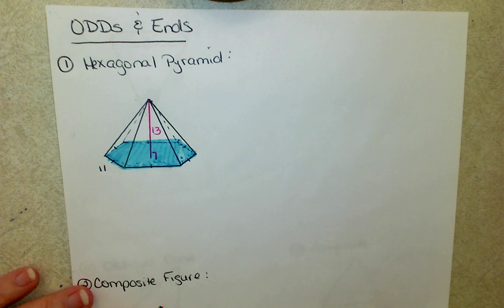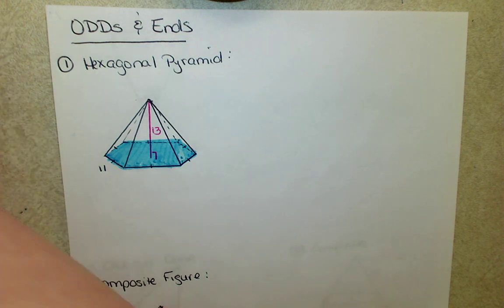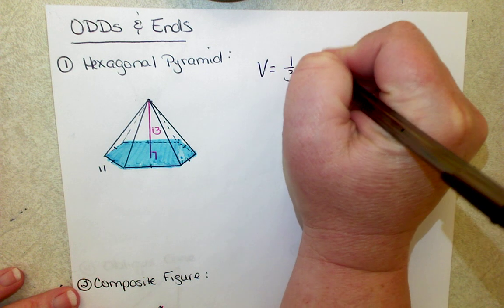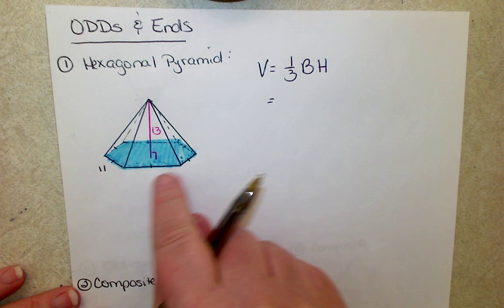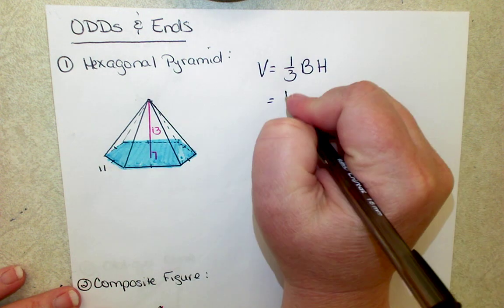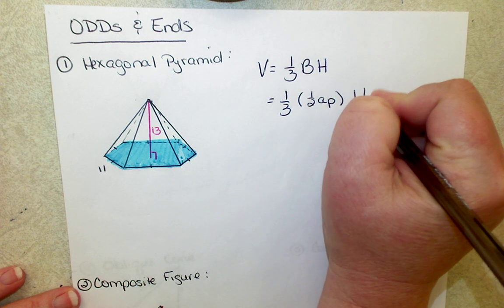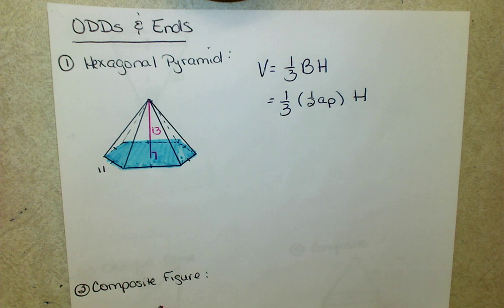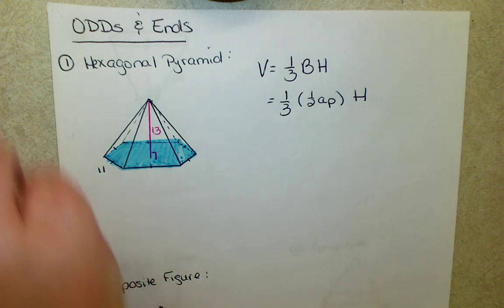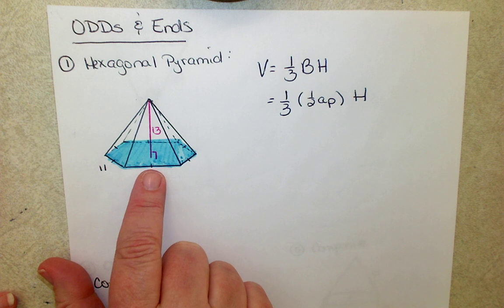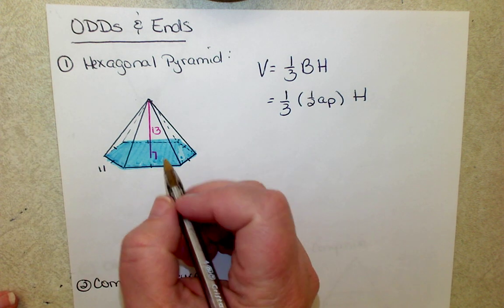Okay? So we know that when we have a regular base, we have to use the apothem to find the formula for the area. So here we've got the volume is equal to 1/3 the area of the base times the height. Since this is a regular hexagon, that means the area formula would be 1/2 AP and then times the height of the pyramid. And remember the A stands for the apothem and the P is for the perimeter. So I showed you yesterday how to mathematically find this, but then I also told you about a shortcut. So to find the apothem,